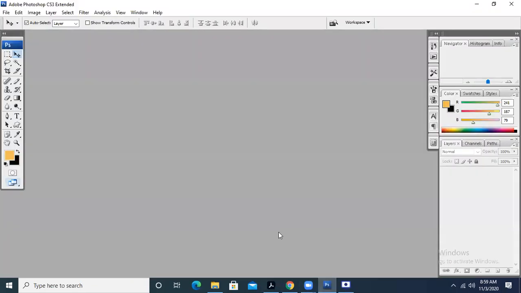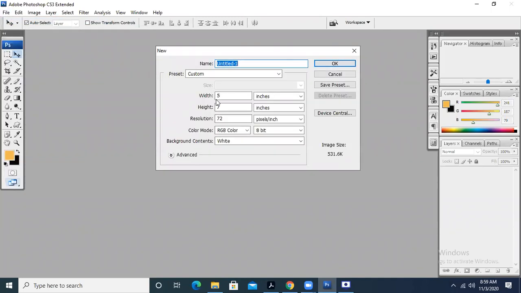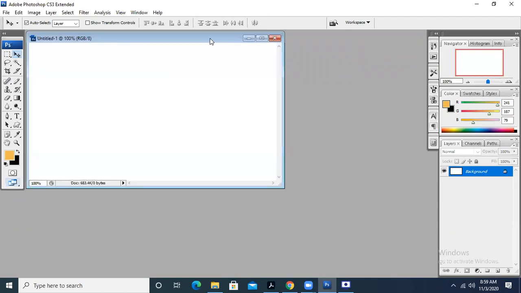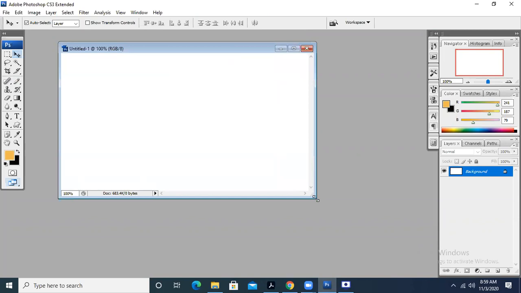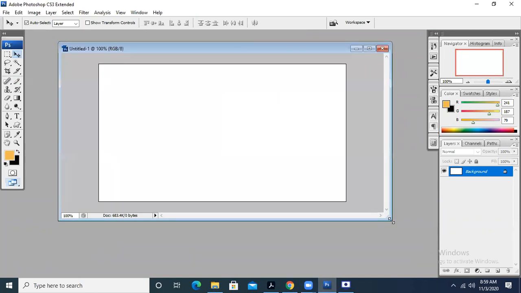Let's suppose I want to make a background for the banner of my website. So I am going to take a new image. Let me give you one example. I want to take the width 9 and height 5 inches. 9 by 5 inches is just like a banner size in a website that you can place. Now, what kind of background color is required? What kind of thing do you want to do? So basically, it's up to you how you are going to deal with it.